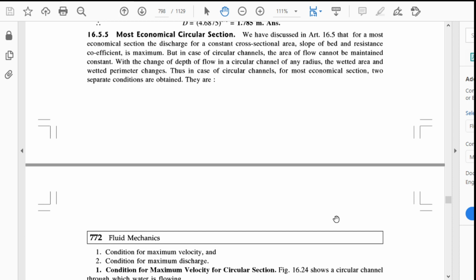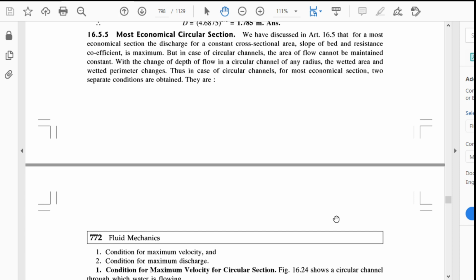But for the circular channel, we can't keep the area of flow the same, as the boundaries of the whole channel are circular in shape. So water can flow in any direction within the whole channel section. Because there is no boundary for the circular channel section, that means the whole perimeter is a circle, the water will flow with different areas.